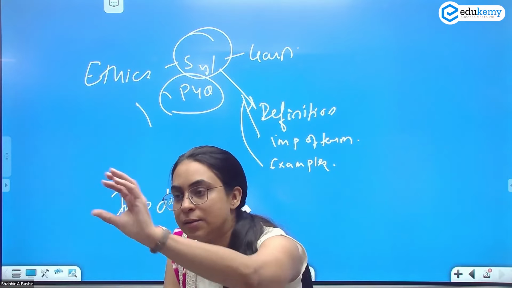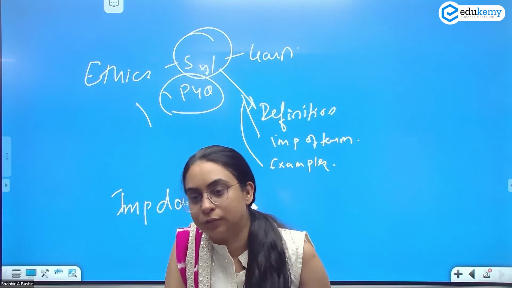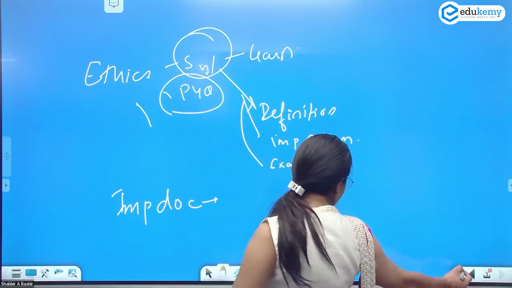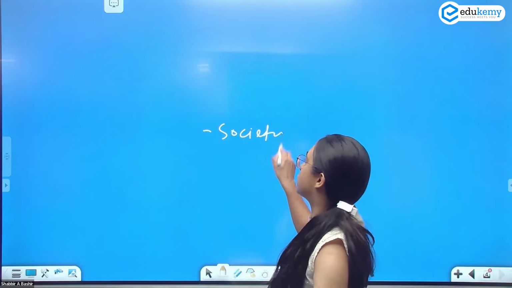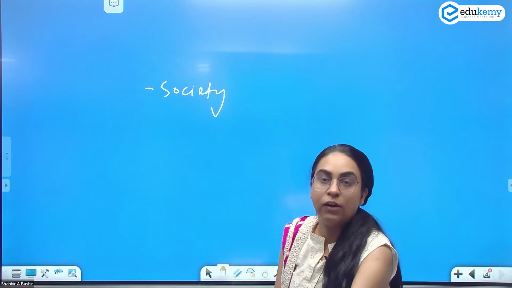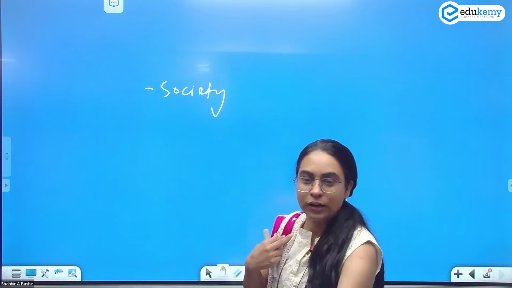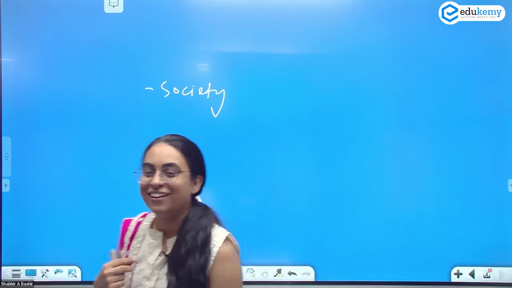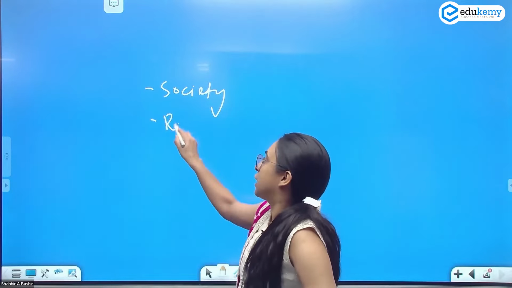You want to decide something is right or wrong. Whose help do you take in normal life? Society. So yes, now I'm asking you this, whose help will you take? You will take the help of society. If society says this is right, this is right, that is one thing. Or anything else. So if society says the live-in relation is wrong, it is wrong. If society says the same-sex marriage is wrong, it is wrong. That's what religion can be.